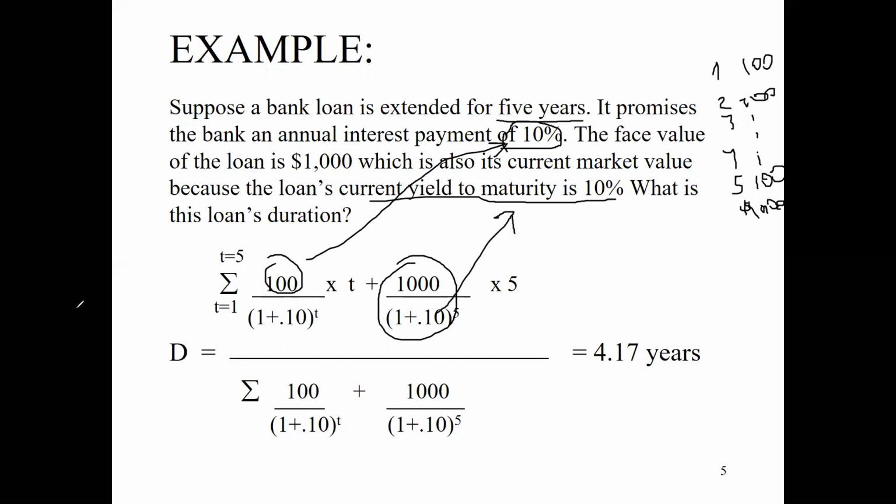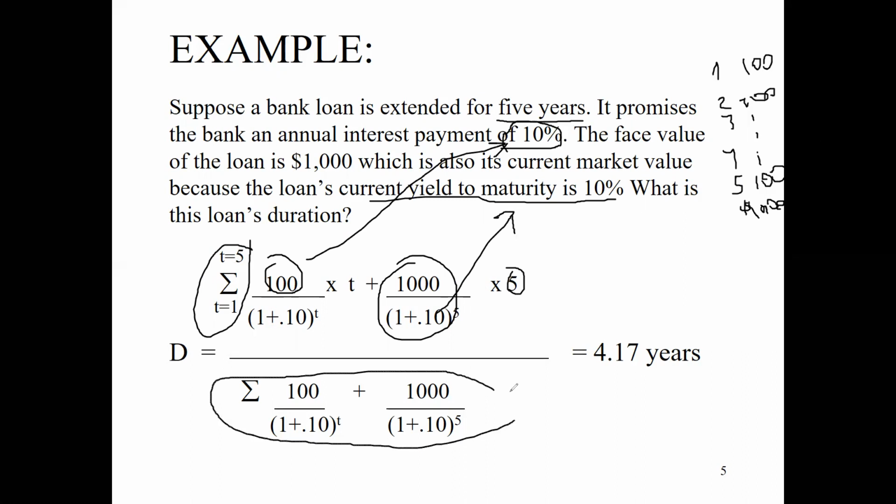Then we take the present value of each cash flow, the summation, and we multiply with the 5, because 5 is the number of years. And then the same thing we do here, but without any multiplication with the time. We just divide it. And this will give you the number of years required to recover the cost. The lower, the better. So everything is a matter of comparison with the benchmark given.